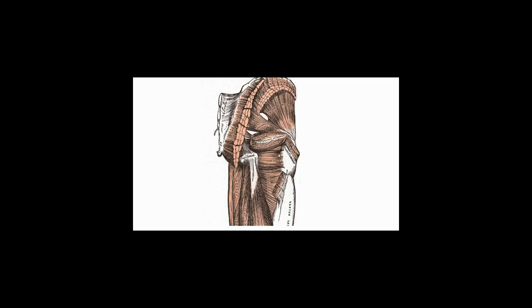So the most inferior muscle is this muscle here, this quadrangular shape, so it's called the quadratus femoris muscle. And this muscle originates on the lateral aspect of the ischium, just anterior to the ischial tuberosity, and then it inserts on the femur between the greater and the lesser trochanter. So this muscle purely laterally